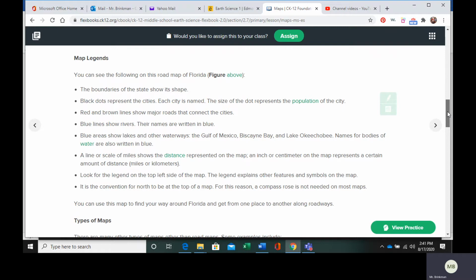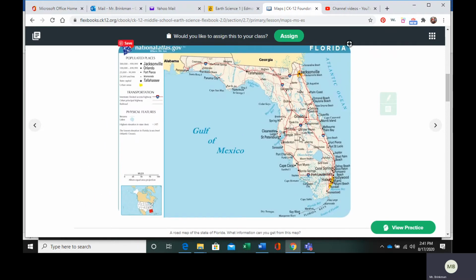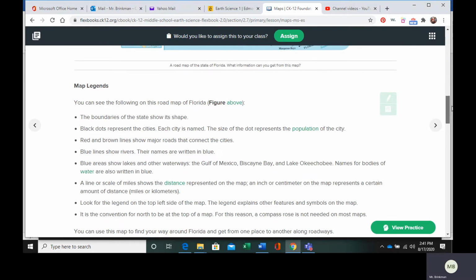So on the road map of Florida, this is a road map. Nowadays you use Google Maps and it just tells you where to go. But back before we had our devices, we would use road maps and we would follow the road map to get to where we were going. So on this road map to Florida,